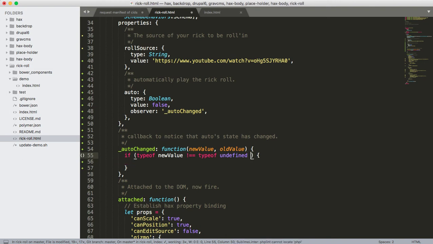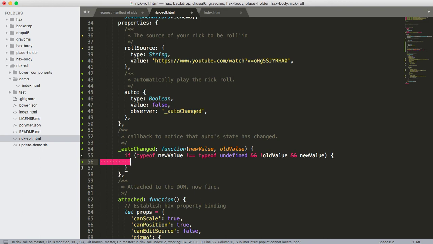All right, and we're going to see if old value, because old value should always be set, right? Because I set it automatically here with false. So we're going to see if not old value, meaning that it's false, and new value, which would imply, hey, make sure new value isn't undefined, and that the old value is false, and that the new value is true, meaning that it flipped from false to true, effectively. And so when that happens,